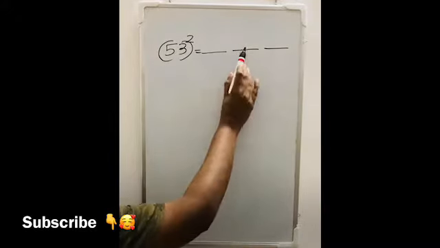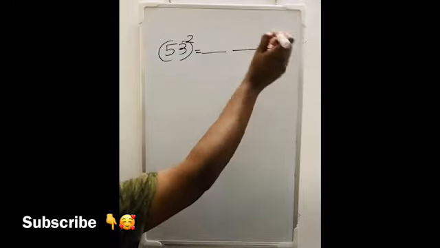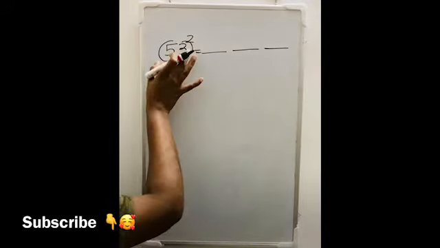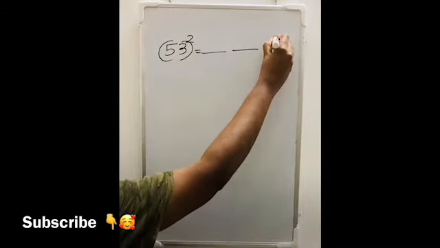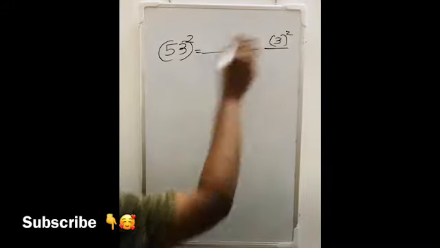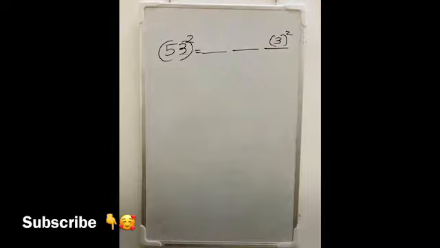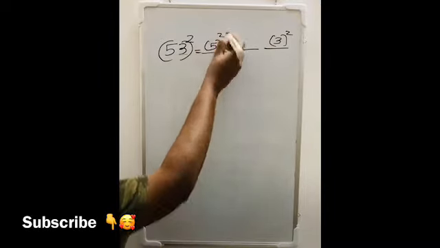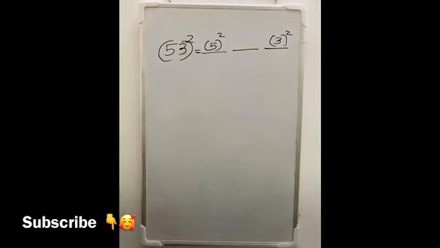The first part from the right side will be the square of the rightmost digit in your number. That is very easy, just 3 square. 3 is the rightmost digit. The last part will be the square of the remaining digit of your question, that is 5. It is a 2-digit number, so it contains only 2 digits.